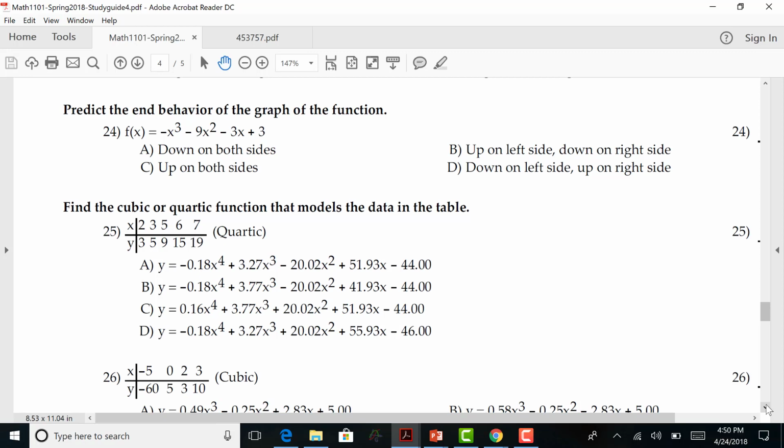Number 25, it wants you to go put this data where? In Zuru. And when you put the data in Zuru, where am I going to put it? Under PR. And then what must I do when I get to PR? Change the degree. Change the degree to what? 4. Why? Because it's quartic. Because it asks for a quartic function. So once you do that,